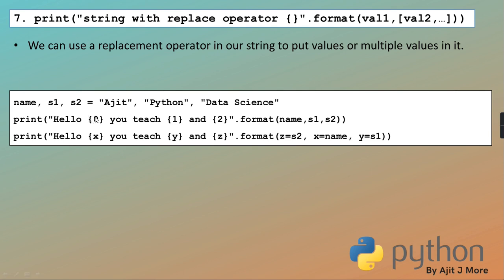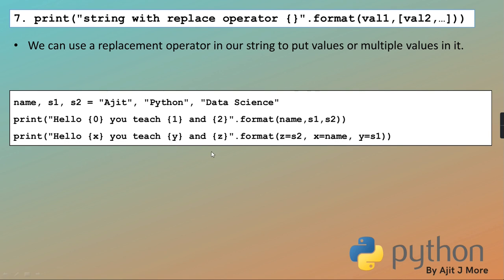Okay. So I left this brace bracket empty also. Isn't it? Here I have not left it empty. I have just given the index number. Right. So who is at 0th place? Name. So there it will substitute. It's not necessary that it should be in order. Index 0, index 2, no issues. And you can use such identifiers also.